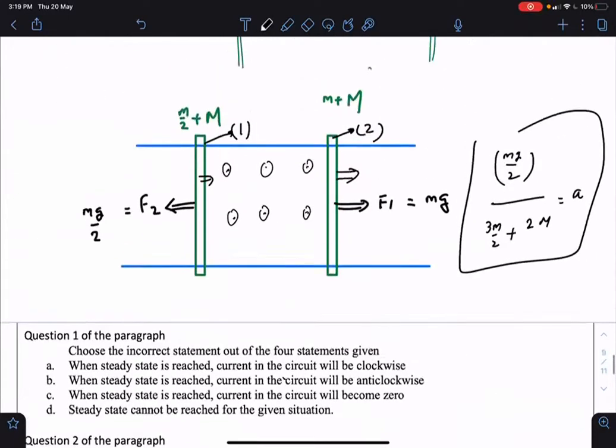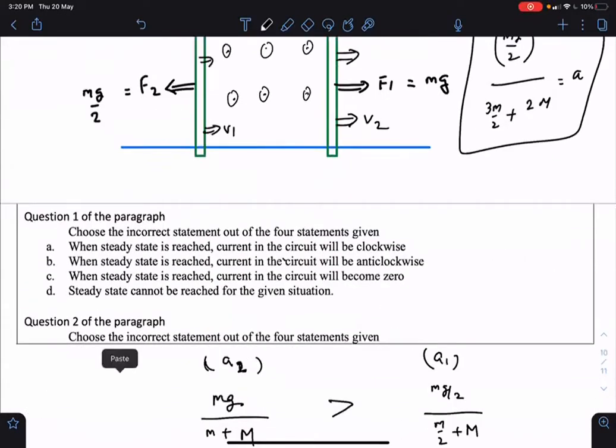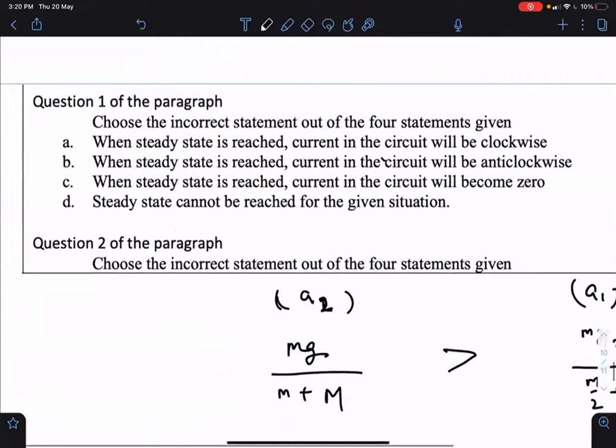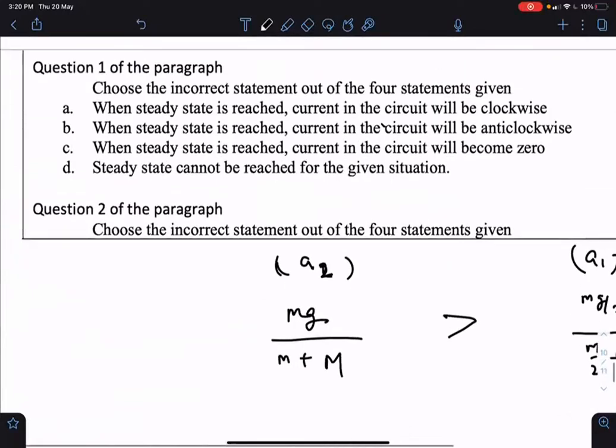So v2 will be more as compared to v1. So the area will be increasing, because of which the current as seen from the top will be clockwise. So finally there will be a clockwise constant current after a long time. So a clockwise constant current is there, isn't it? Yeah. So which of the options are incorrect? That is what we need to choose. Sir, found the correct option, sir. That is A, sir. Okay. So the answer is B, C, and D.